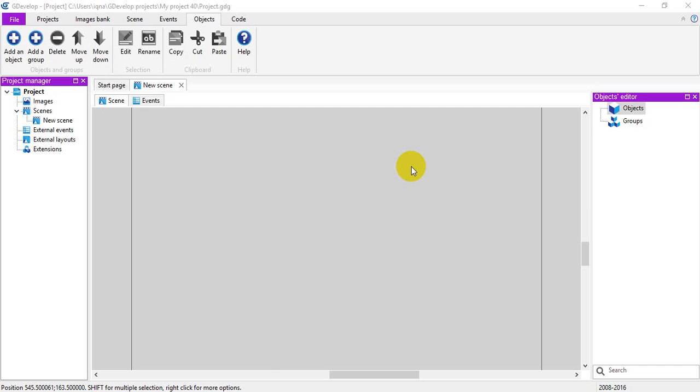Now we will take a look at the event editor: how to add events, how to use events, and how to use the event editor. So after you create the new project,